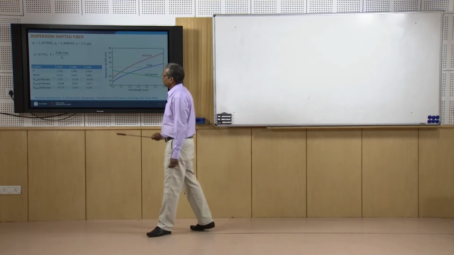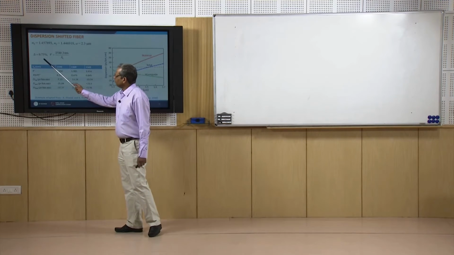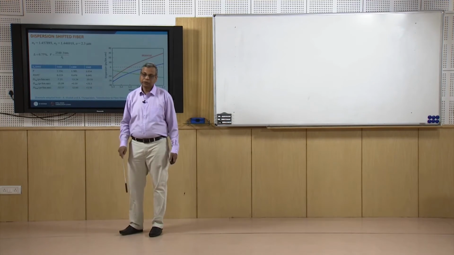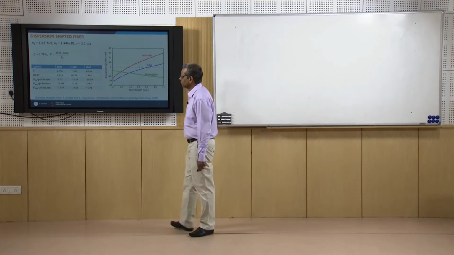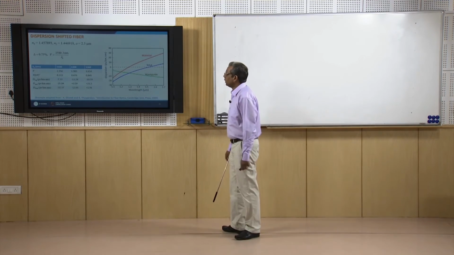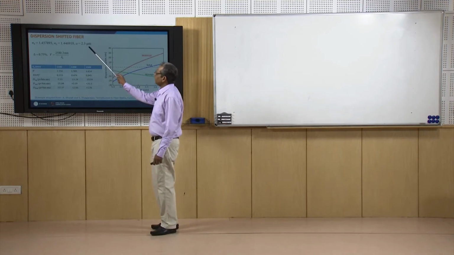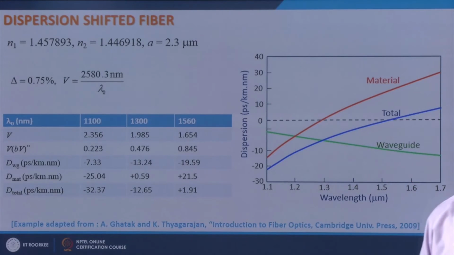However, the price I have to pay is a very high value of delta, which of course increases attenuation because you have increased the germanium concentration in the fiber, and also A has become very small. So, splicing this with other components gives you much larger loss, and you will now have to work with much smaller dimensions. So, the cost of the components increases.